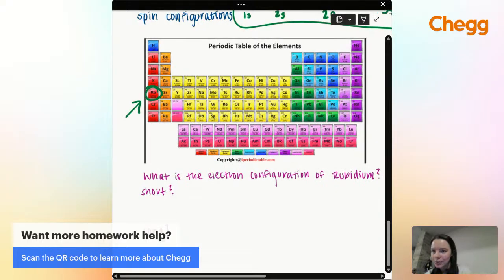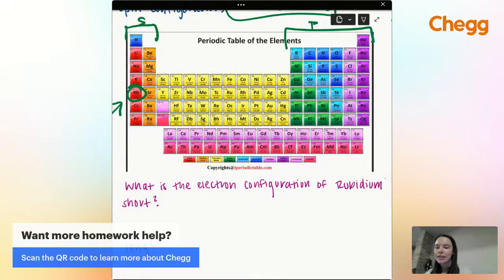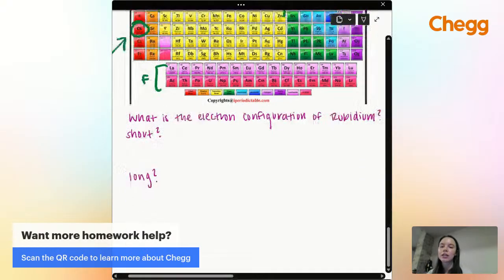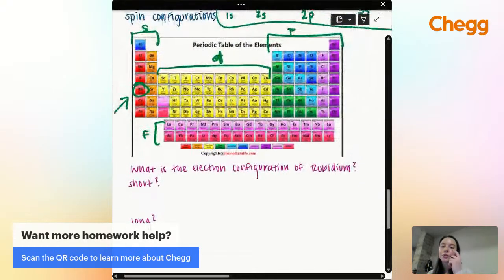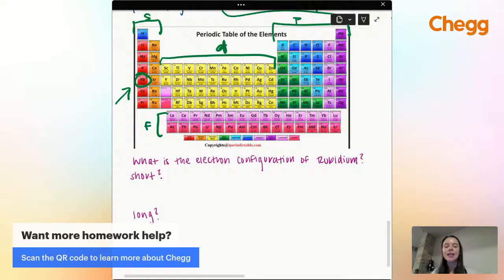So I'm going to start you out with labeling the periodic table for you. So we have our s orbitals here, p right here, d right here, and f right here. All right, tell me, what is the long configuration of rubidium? You've got about 1 minute, and I'm going to start writing then, but I encourage you, beat me to this or get it right when I don't. But I think I've got this one for you guys. So tell me, what's that long configuration?